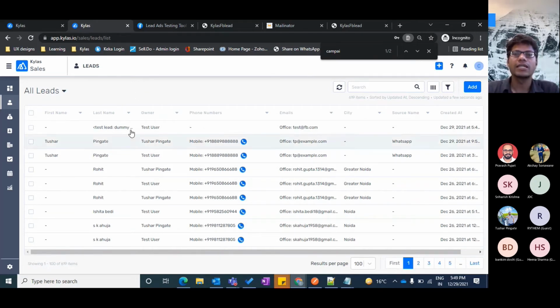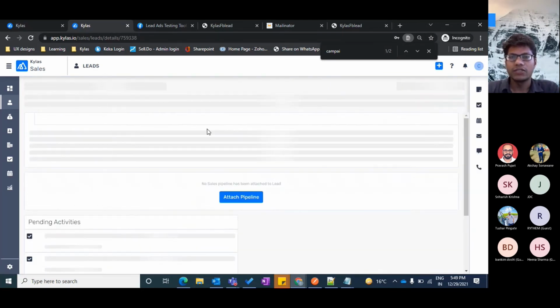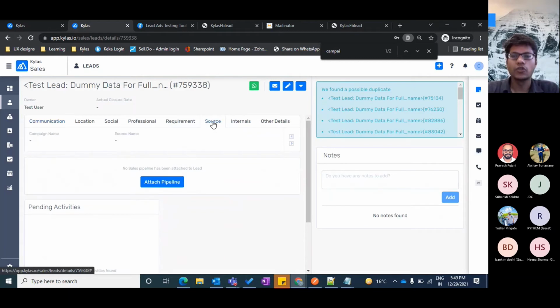Here they can start nurturing the lead, and as we covered in the session before last, based on source or campaigns, we can write workflows so that the lead goes to the right person who is supposed to deal with those kinds of leads. And as we covered in the last session, we can send automated emails. So here we are basically closing a loop in terms of getting the leads automatically from a third party system, which is Facebook in this case, right?